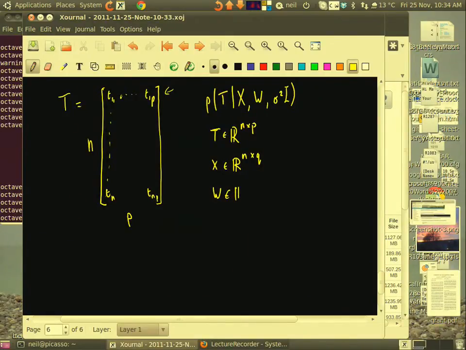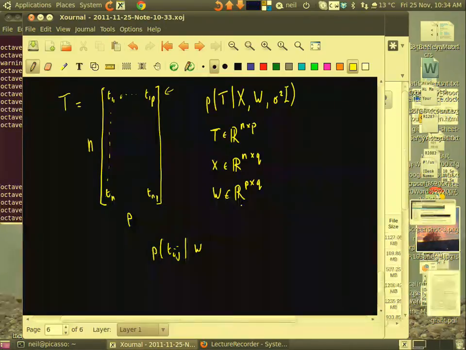So that's what the R means. You can ignore that if you like. Okay? Now the probability of an individual Tij, so this is the ith student in the jth exam, given W,